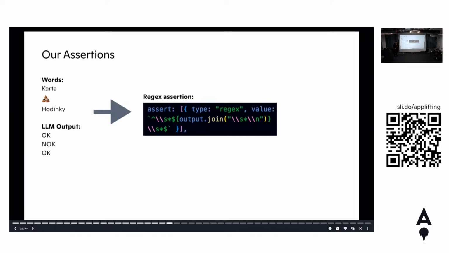And our assertion was basically, this is the input, this is the output that we want, and we could do a strict equality, but here we are dynamically putting a regex together just to test that we are expecting these 3 answers on the output. We had a more complicated setup there. And if you put it all together,